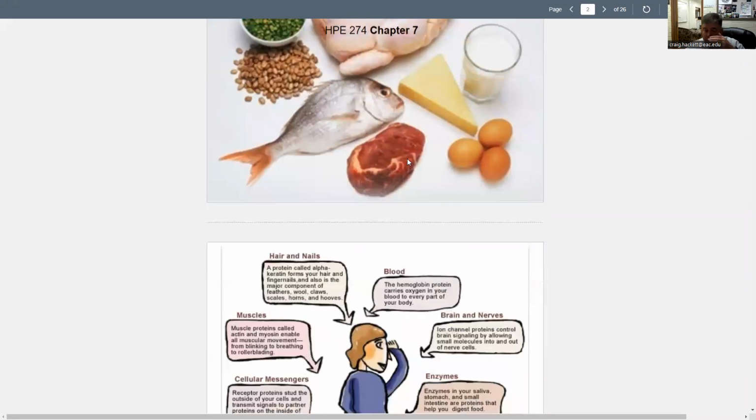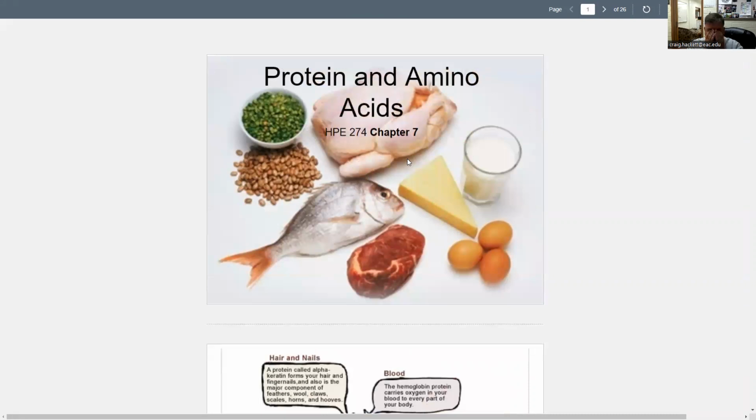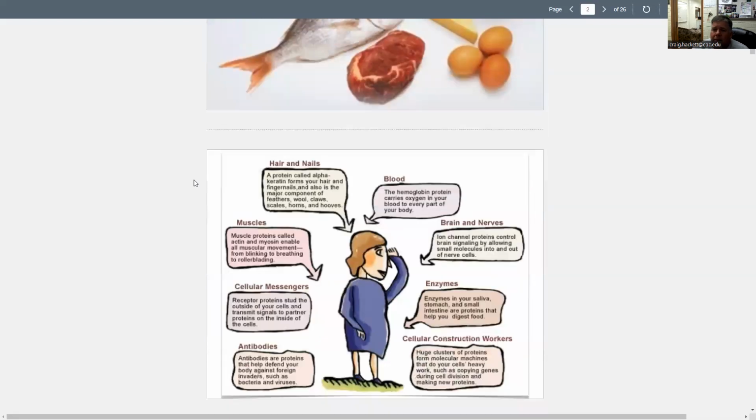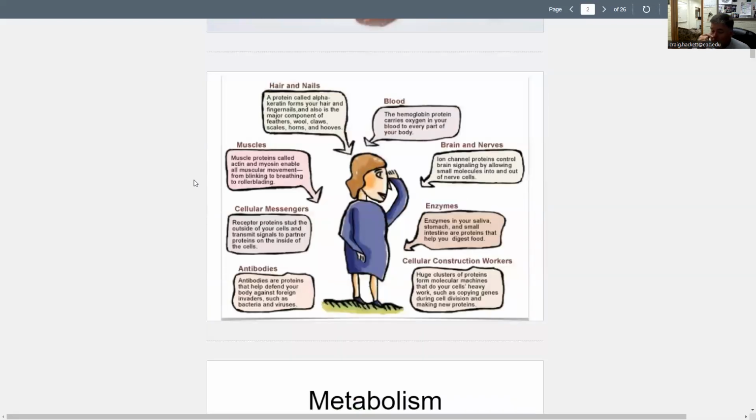So when we talk about proteins and amino acids, remember that amino acids are the building blocks of proteins. And we're not going to go into tremendous detail on how that's done. Just know that when amino acids get together, they need to be bound with a vitamin or mineral, which is a molecule that will give it a particular and unique shape. And so when you combine amino acids with these vitamins and minerals and make these unique shapes, they do everything in our body.